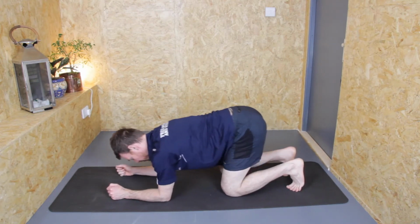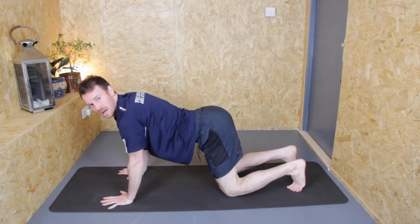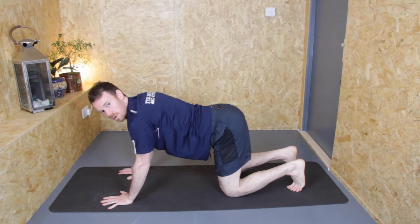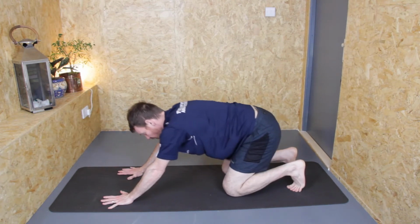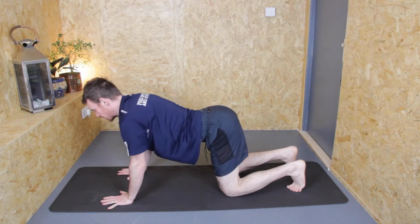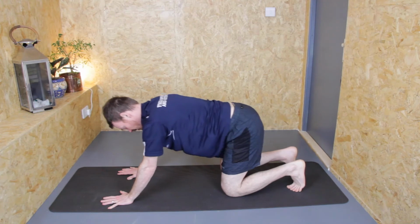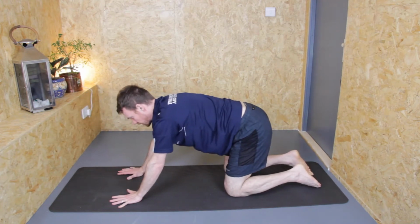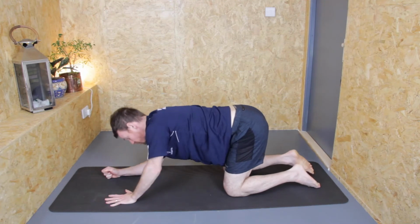Just gliding through, and just notice that when you come forwards, you have that natural arch that comes into the lower back, and when you come backwards, that flattens out. So just feeling your way through that movement of the spine, nice and gentle. Whenever you're ready, from either an all fours position or with the elbows down, we're just going to try and